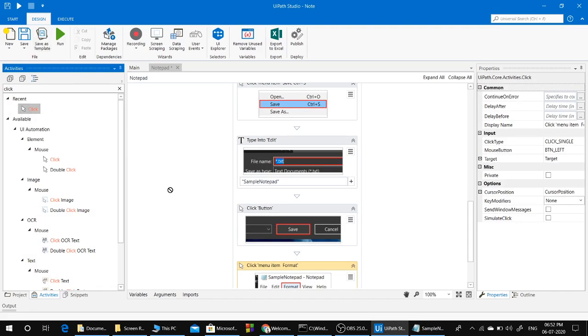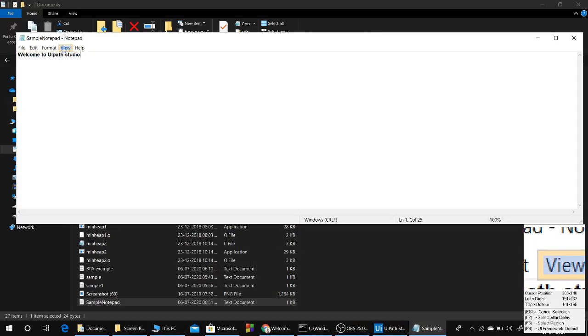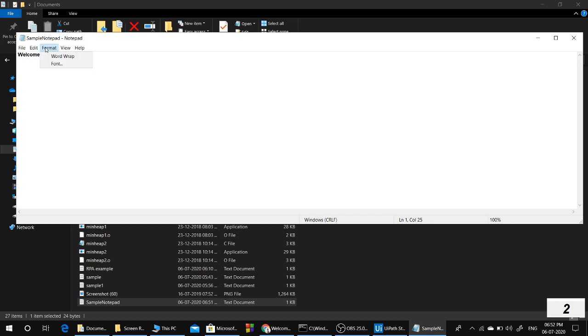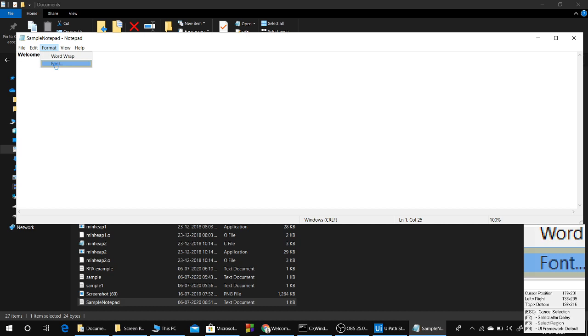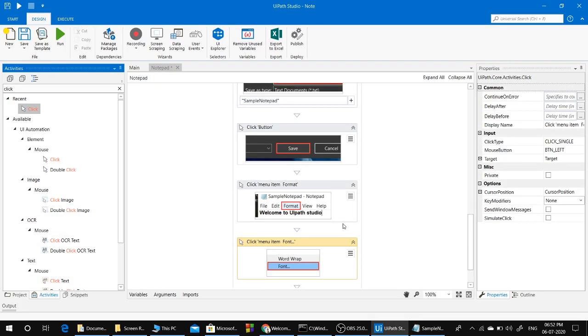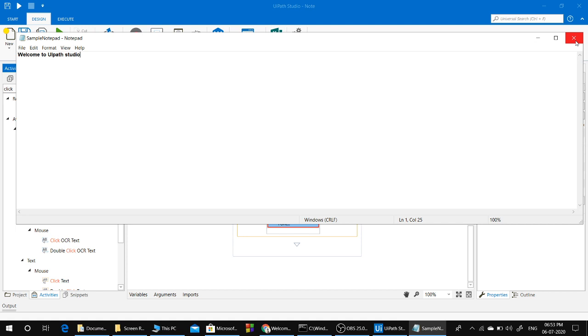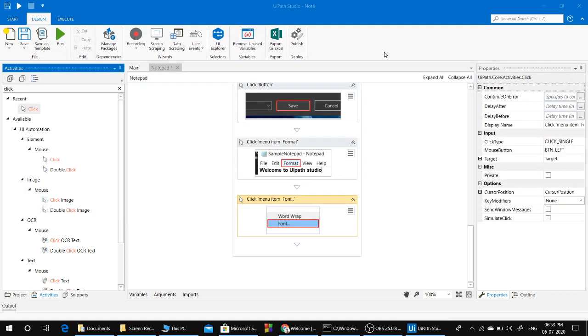Again the same click command. Indicate on screen, and we have to pause the recording. Press F2 and click on that and wait for 3 seconds. Here we have to click on font. So it successfully recorded. Let's check whether it works perfectly or not. Save and run.